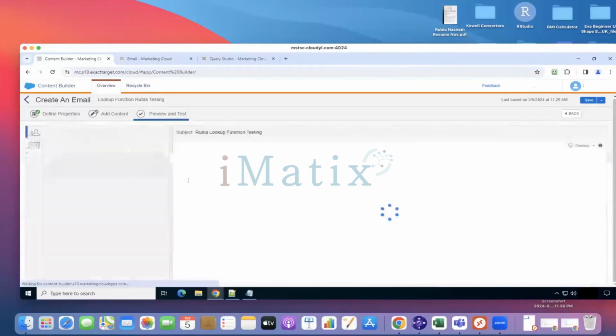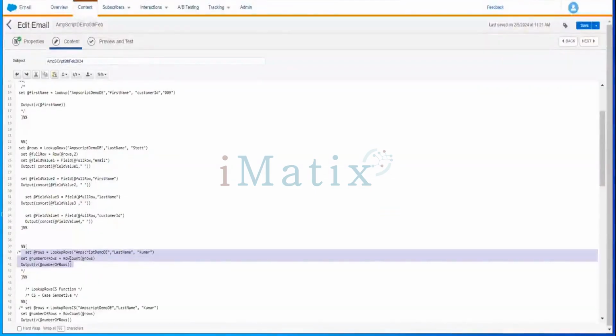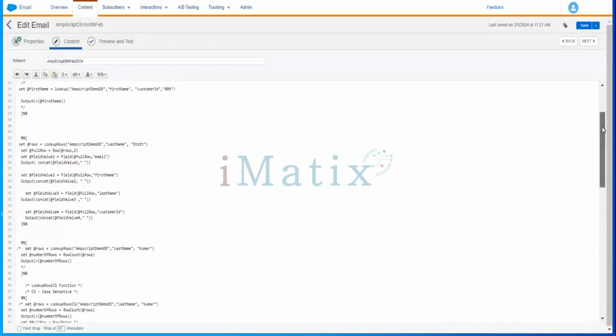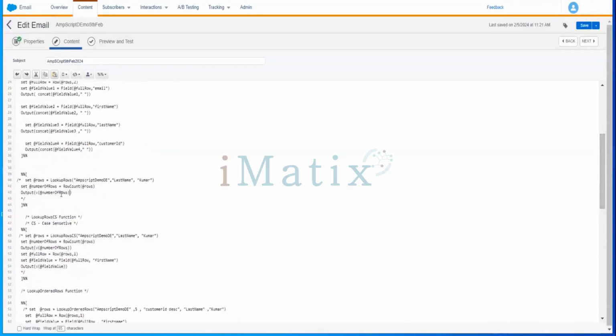If we run next, this code will print the row count, the total number of rows in this data extension. It has a count of 13. It will print that the count will be 13. Next we will be writing here